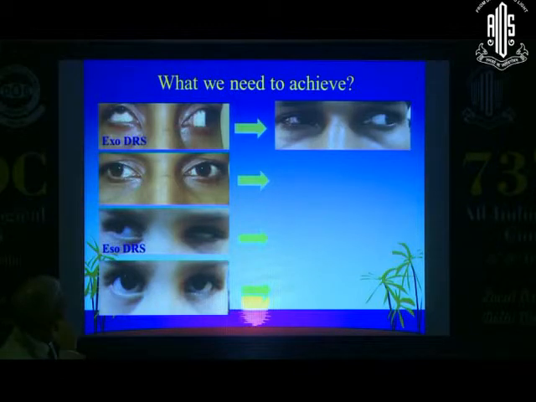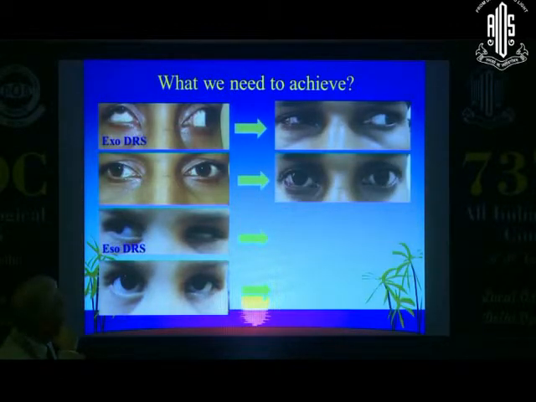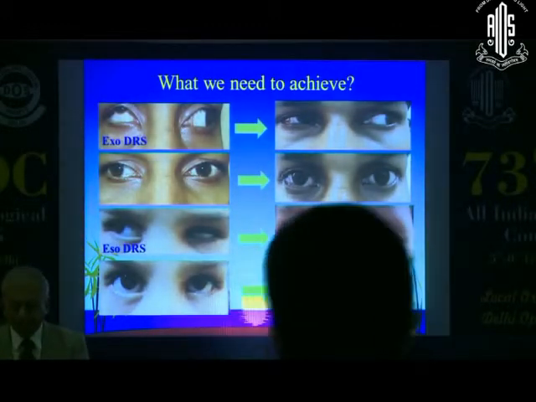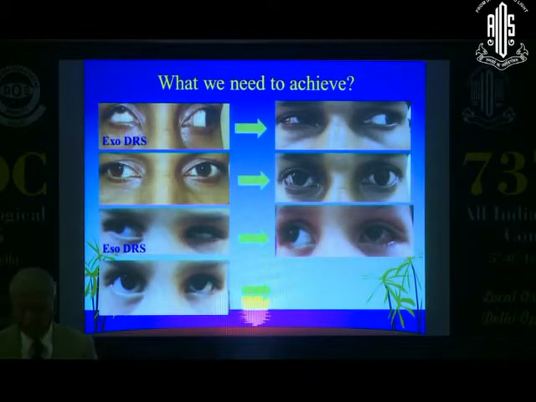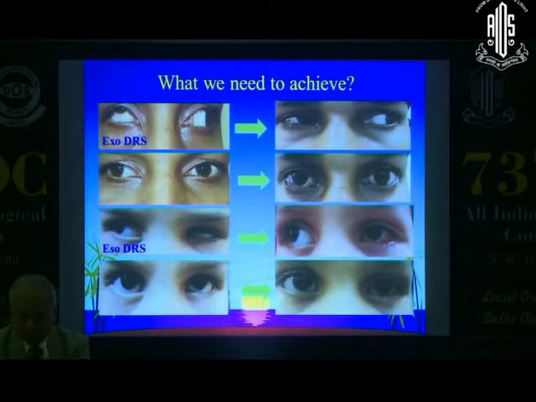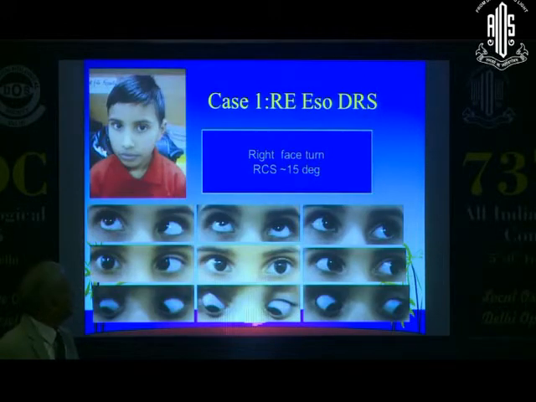So what do we need to achieve? In EXO-DRS cases, you can achieve the improvement in the deviations, the head posture is corrected because primary position is corrected. The abduction may not be improved much unless you do a PVRT, and the adduction definitely improves in EXO-DRS cases, which helps in improving the binocular single vision fields. In the ESO-DRS cases, the esotropia will be corrected very nicely, and you can achieve the primary position as well as adduction, and abduction again remains a limitation, and this we can only achieve by doing a PVRT later on. So I would like to stop short here,